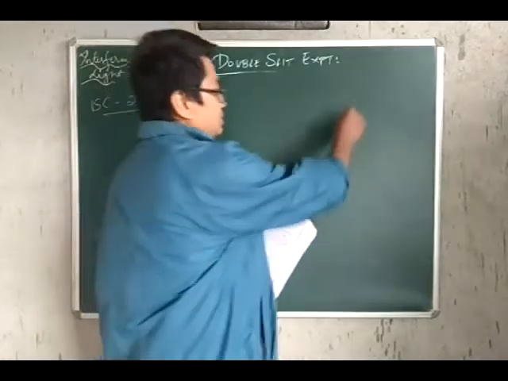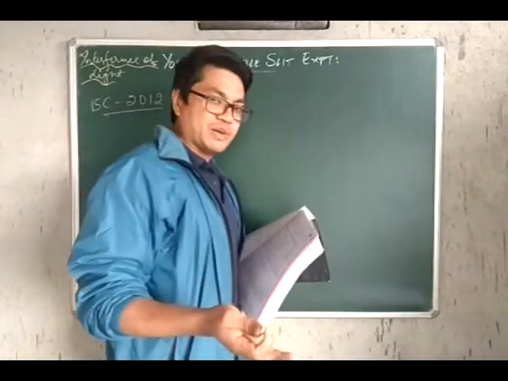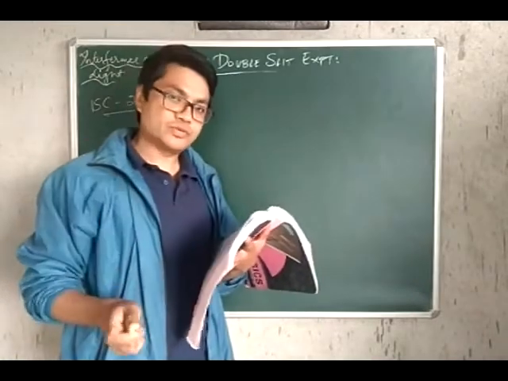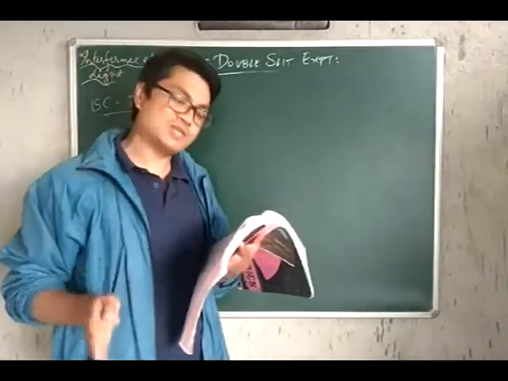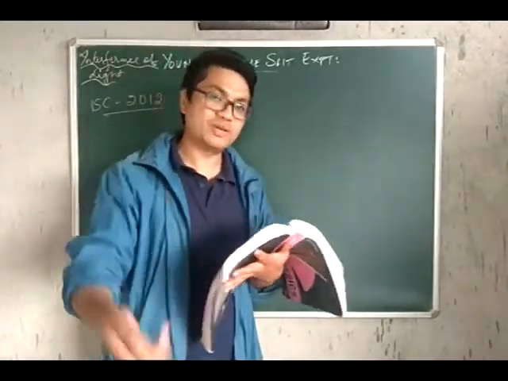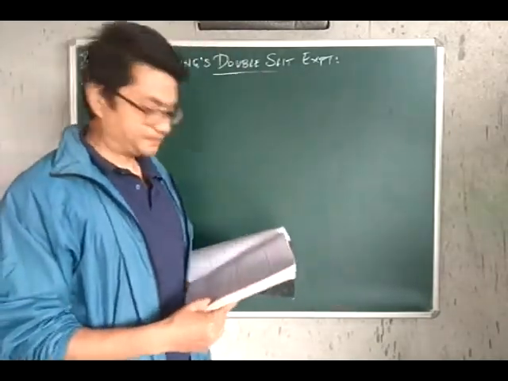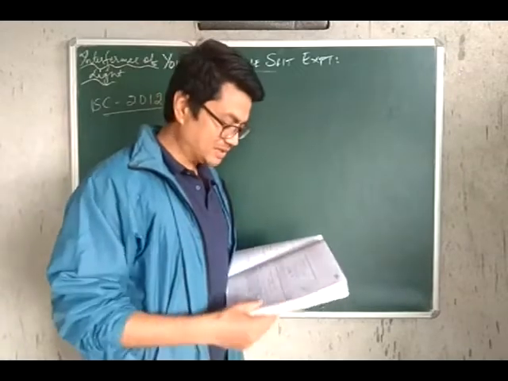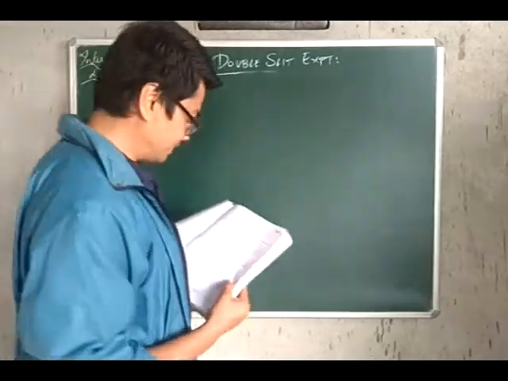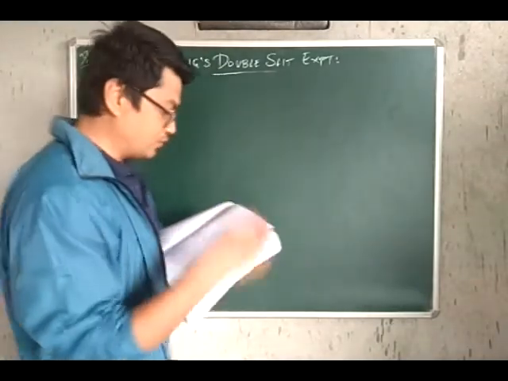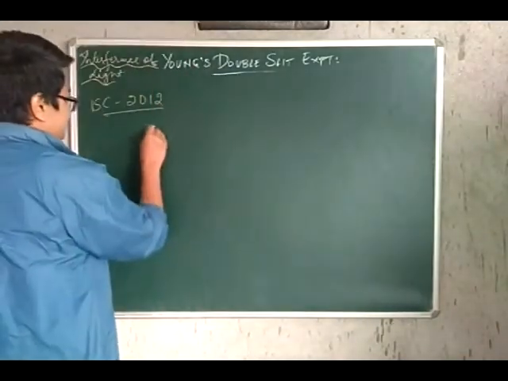For us to get alternate bright and dark fringes in Young's double slit experiment, the source of light has to be monochromatic. Remember, I forgot to mention that. That is one of the conditions. Single frequency means that, same frequency. So in Young's double slit experiment using monochromatic light of wavelength 600 nanometers,